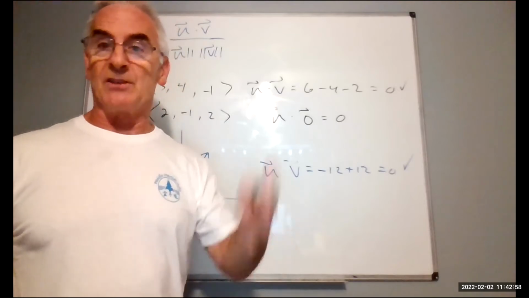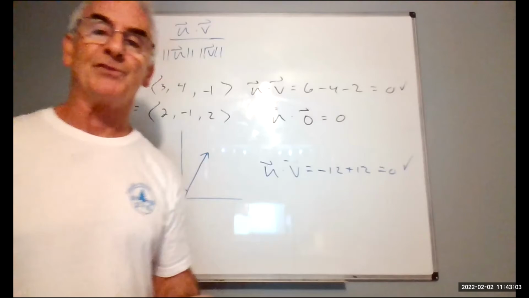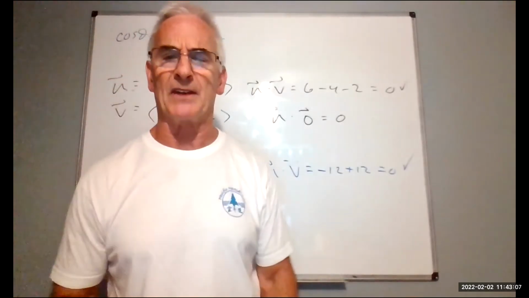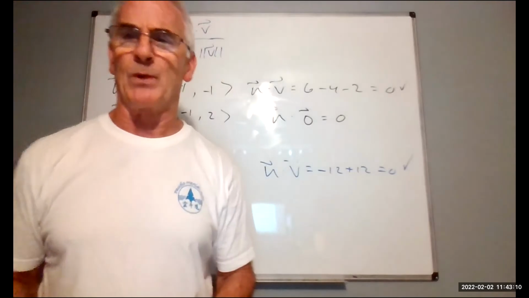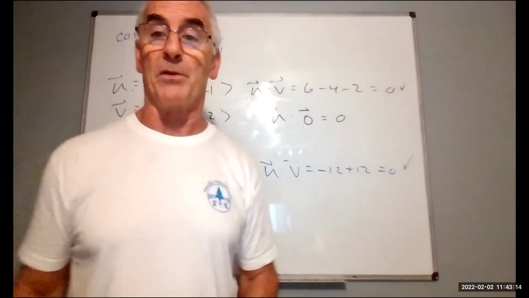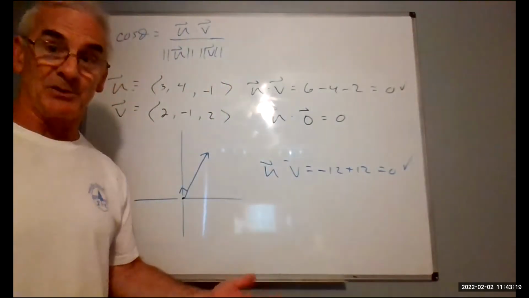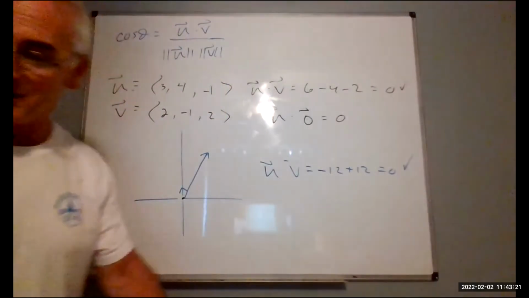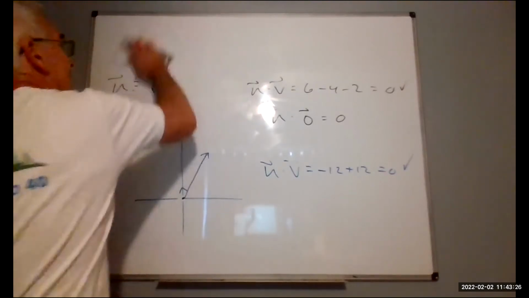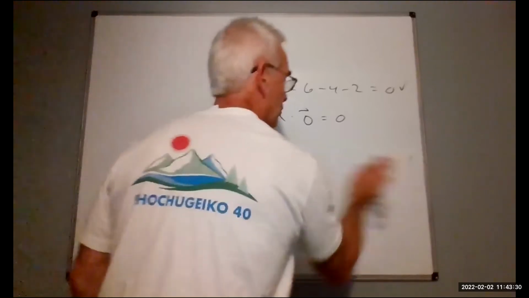The 0 vector is orthogonal to all vectors, which is interesting. Most of the time when we're talking about orthogonal, we don't want to use the 0 vector, because that's already there. We usually like to think of a non-zero vector, but the 0 vector is automatically orthogonal to all vectors because the dot product is 0. And you can measure the angle between them, and the angle would have to be 90 degrees in order to get that. Okay, so with that,